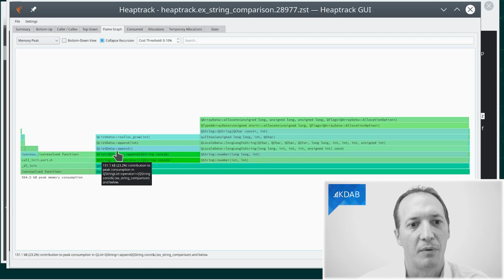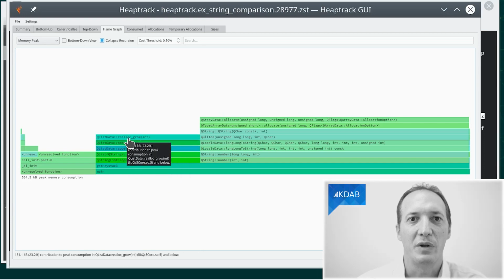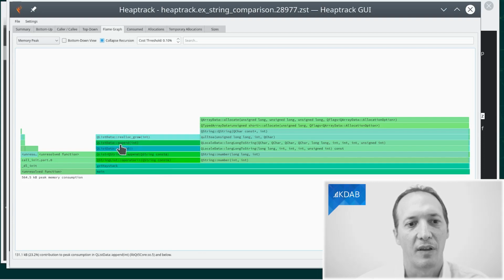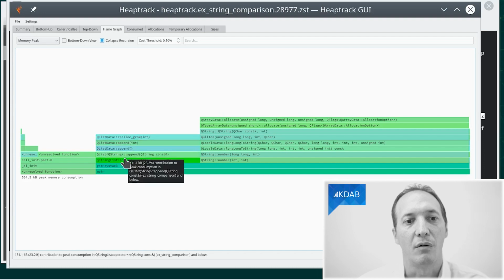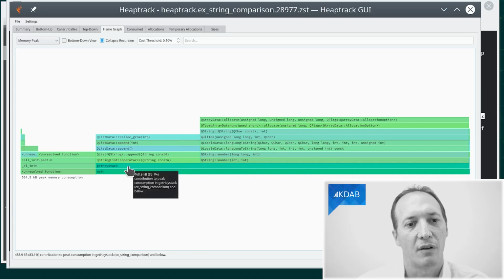And if we look at what happens here, we can see that we are appending to a list. And when we append, very often it has to call realloc grow, which means it has to reallocate the underlying data structure. That is something that we can obviously, or we can hope to improve. If we have a way to know in advance the number of items in the list, then we don't have to realloc so many times. So let's have a look at the code.